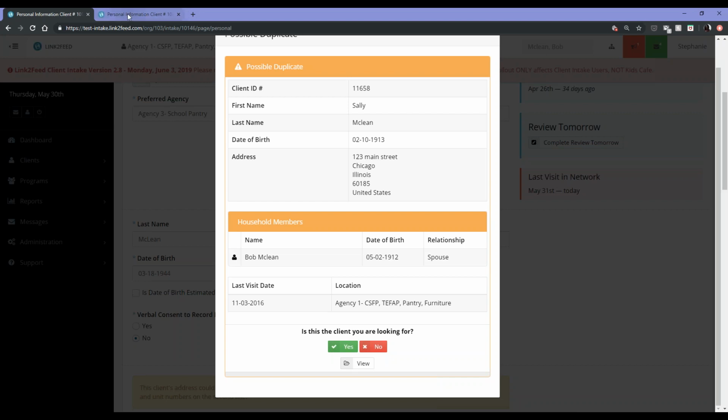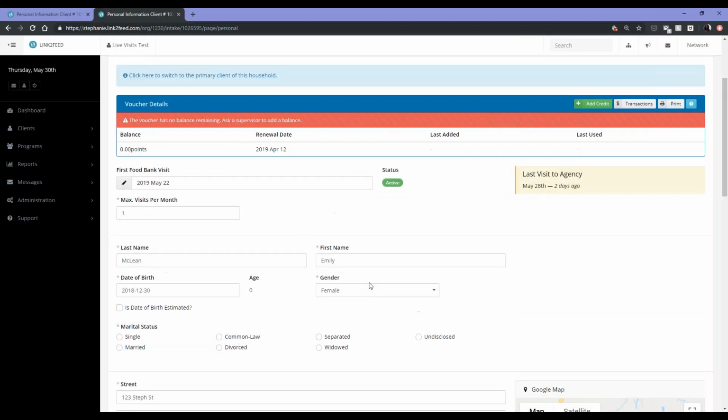The next is a situation where if a client's profile is updated,